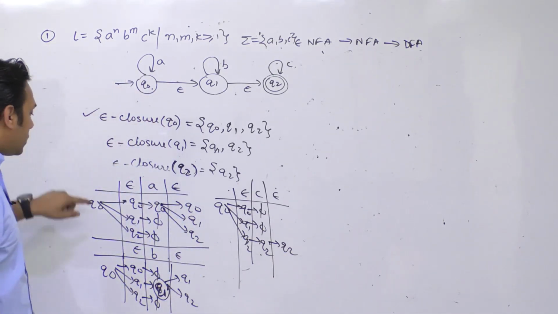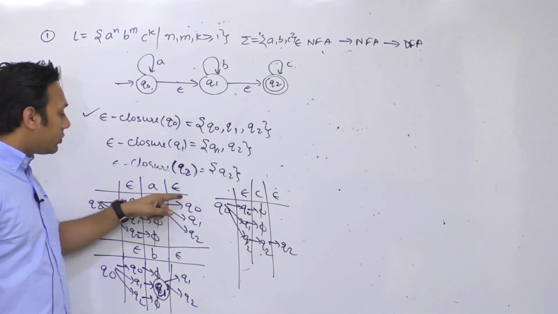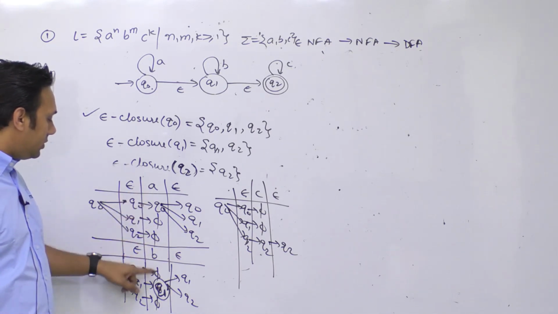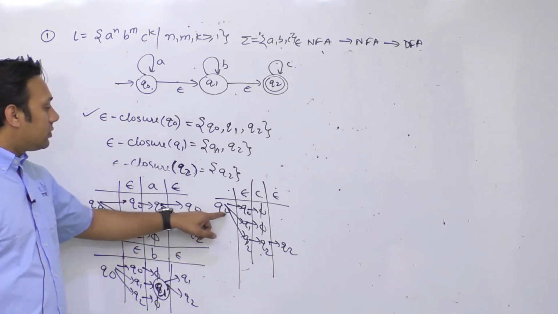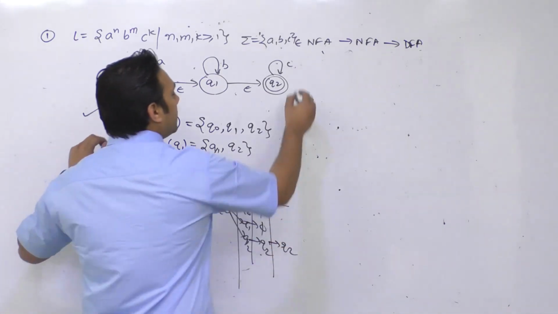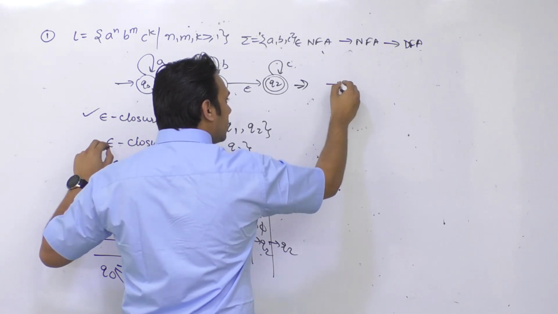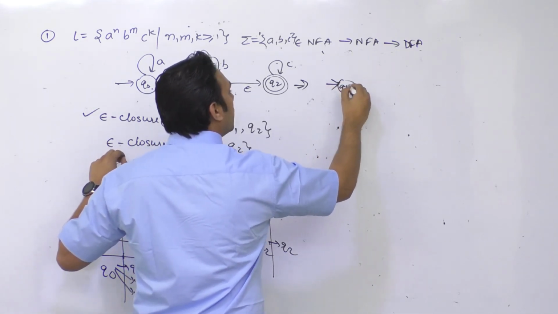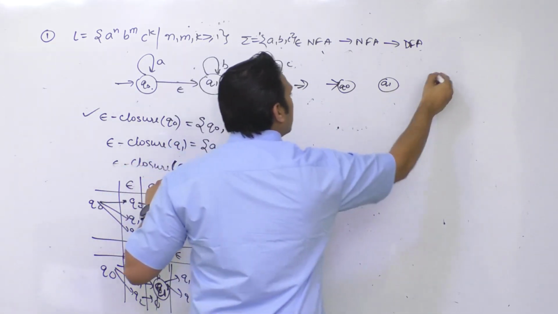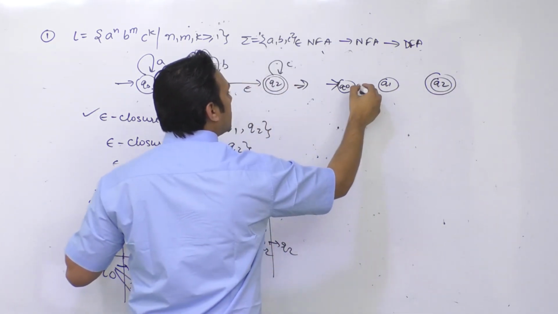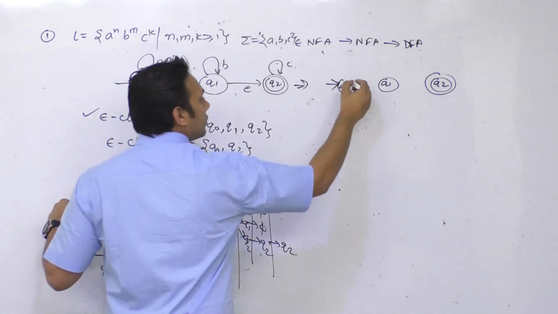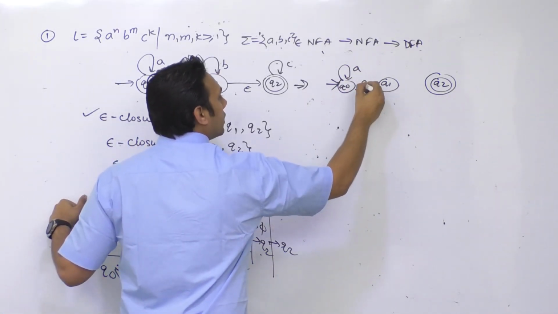It means in Q0, if you give a symbol A, you can go to Q0, Q1, Q2. In Q0, if you give a symbol B, you can go to Q1 and Q2. In Q0, if you give a symbol C, then you can go to Q2. That means this diagram can be modified in this way, which is you have three states, Q0, Q1 and Q2. So in Q0, by looking at a symbol A, you can go to Q0 itself, Q1 also,